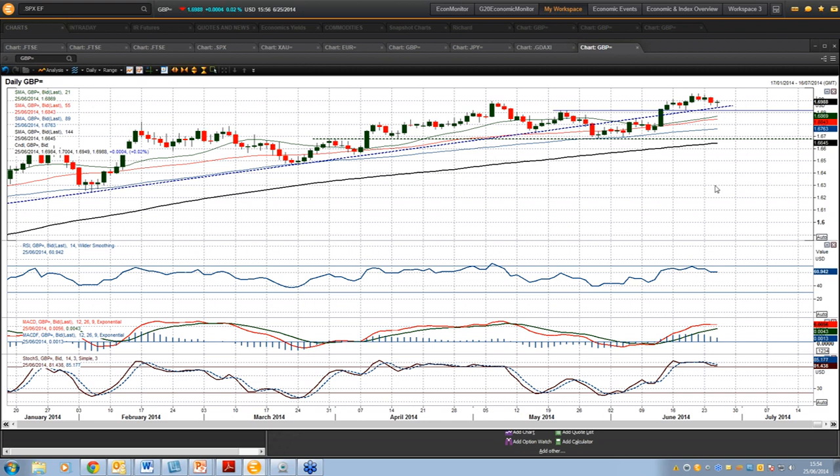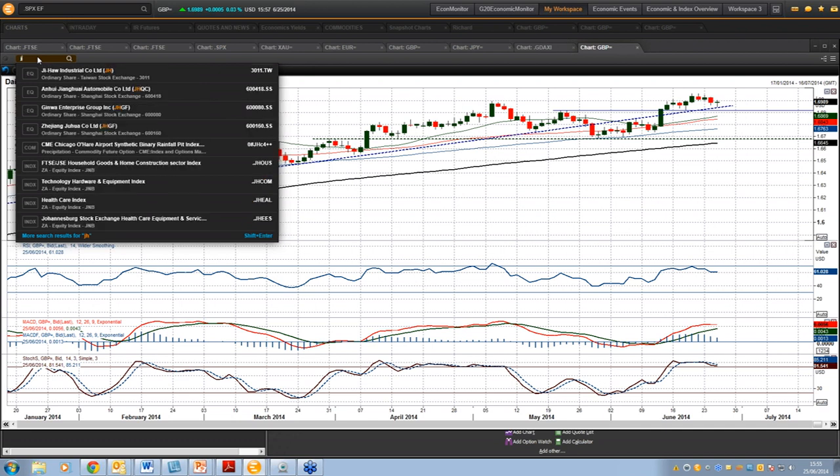So what are we looking at on cable? I think cable is, as I said, coming back to the 69.20 mark, and I think that will be a key turning point in cable. If that support can hold, then we're going to stay bullish on cable. If that starts to break down again, I think we've got to start to think about possibly another serious test of that uptrend and bull run on cable. So I think 69.20 is the key mark, and at the moment it's finding support above that. So you have to remain on the bullish side and to buy into dips because of it. Okay,